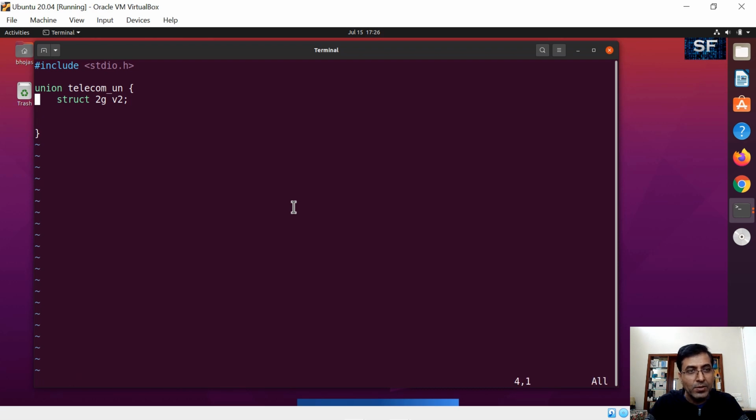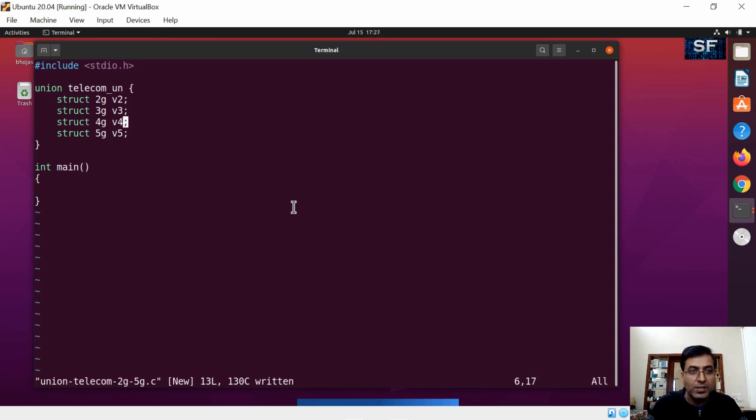Now similarly what we can do is we can easily have another structure called 3G, because that's version 3, and another structure called 4G, and this is version 4, another structure called 5G, and then version 5, right? So in future if we have 6G or something, we can add it, and that's how we evolve the software basically. So think about the choice for you. In this choice, I have not written the definitions for this because this is not a class where I can write for everything, this is just for understanding, okay?